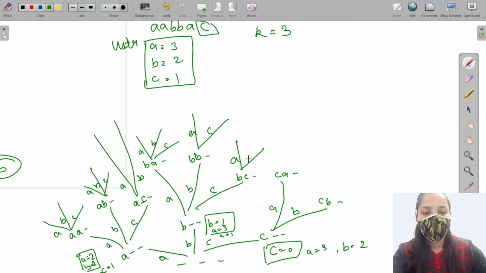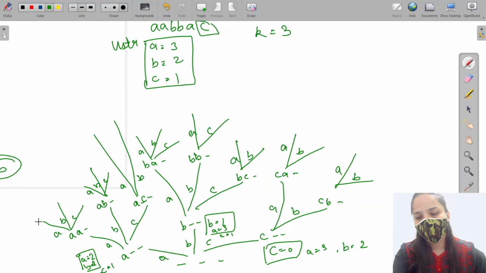In this case we can use only A and C because we have used B 2 times here. Here we can again use A and B only because we have used C 1 time and the frequency of C is 1. Here we have again two options, A and B, and here again we have two options, that is A and B. See, I'm going to write my answers with red pen so that you can differentiate between the answers. Triple A, AAB, AAC, ABA, ABB, ABC, ACA, ACB,